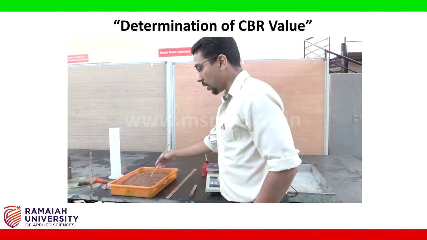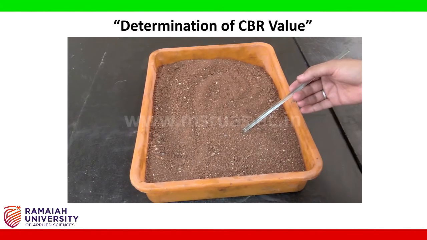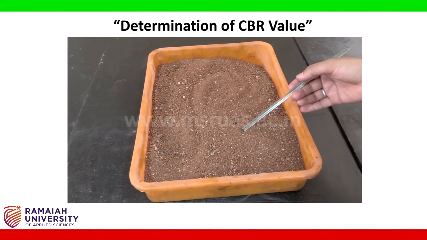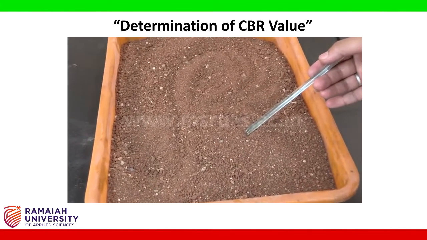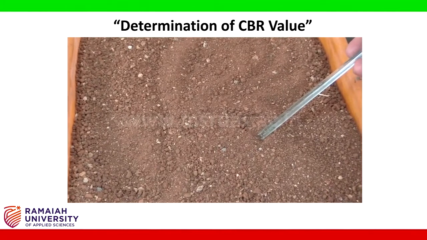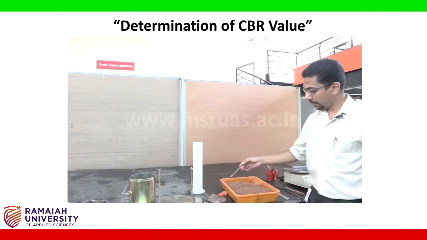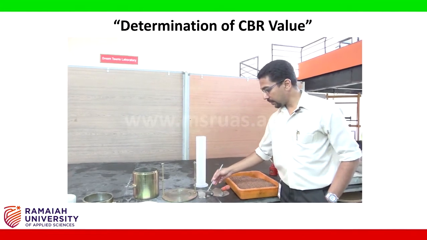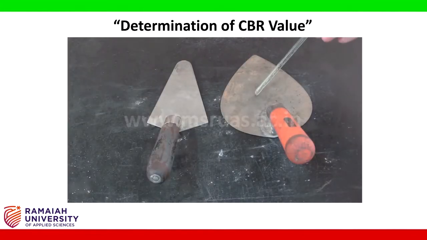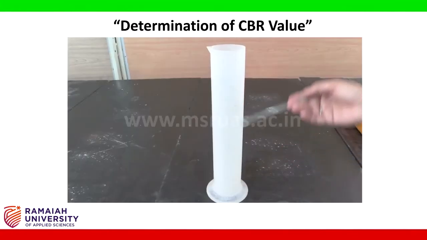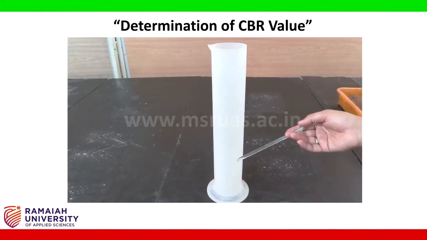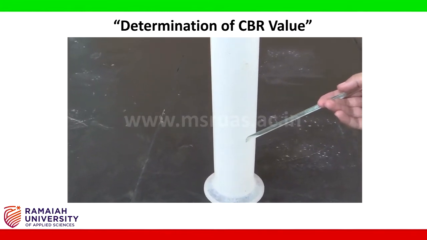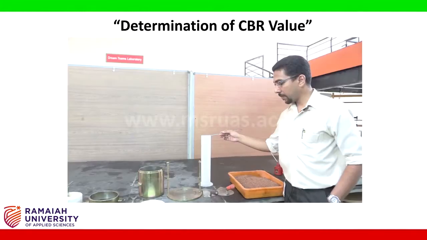And then the oven dried soil. This is the soil which is required to be tested, and as per IS standards we need to have 4.75 mm sieve passing material, which would be oven dried, and this is what we are going to use to cast the specimen. Trowels. These are the trowels that are required to mix the soil with the water before we cast the specimen. Measuring cylinder. This would be the 1000 cc measuring cylinder, which is required to measure the water before we mix it with the soil that we have taken.